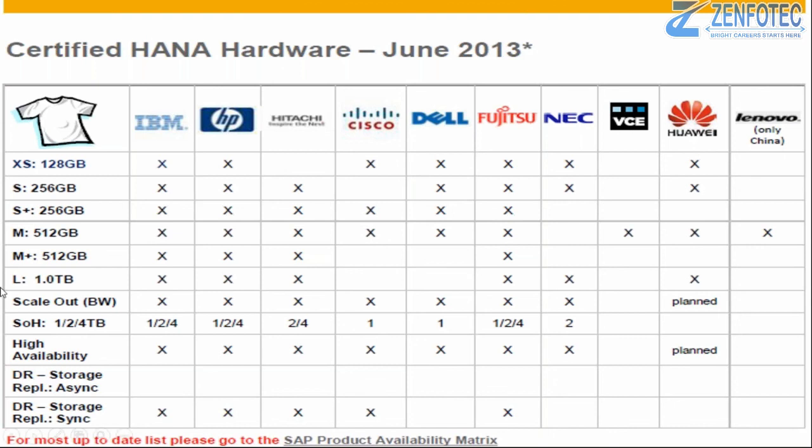If you go to the SAP hardware vendor side, you will get all this information. This is only applicable for your appliance model. For TDI, as I told you, you can use your existing infrastructure, so this will not come up. TDI comes in when, for example,